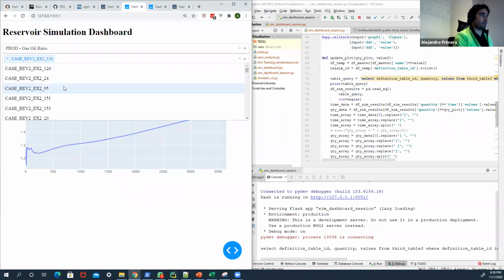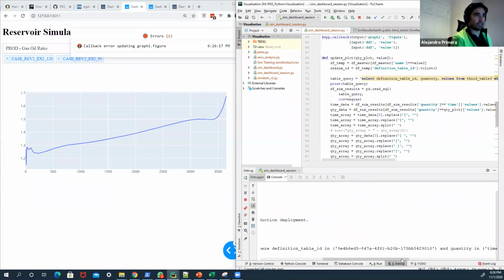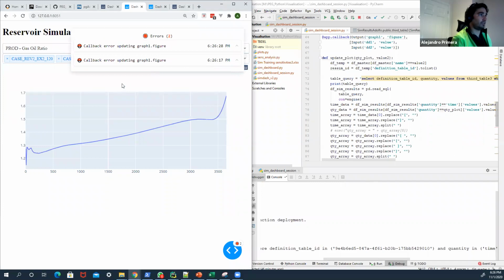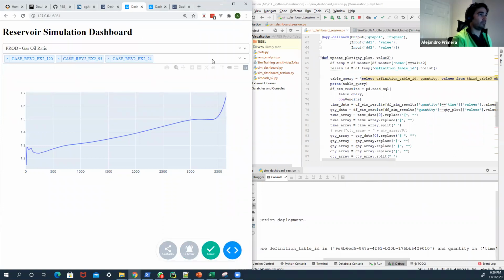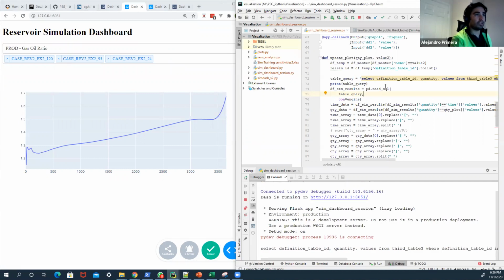Okay, so what happened if I select multiple? Okay, there's something going on there when I select multiple cases. I think something is bothering the query here. It's probably the query, and I don't know if we can check here. Oh, yeah. The thing is that instead of doing equal, I need to filter by